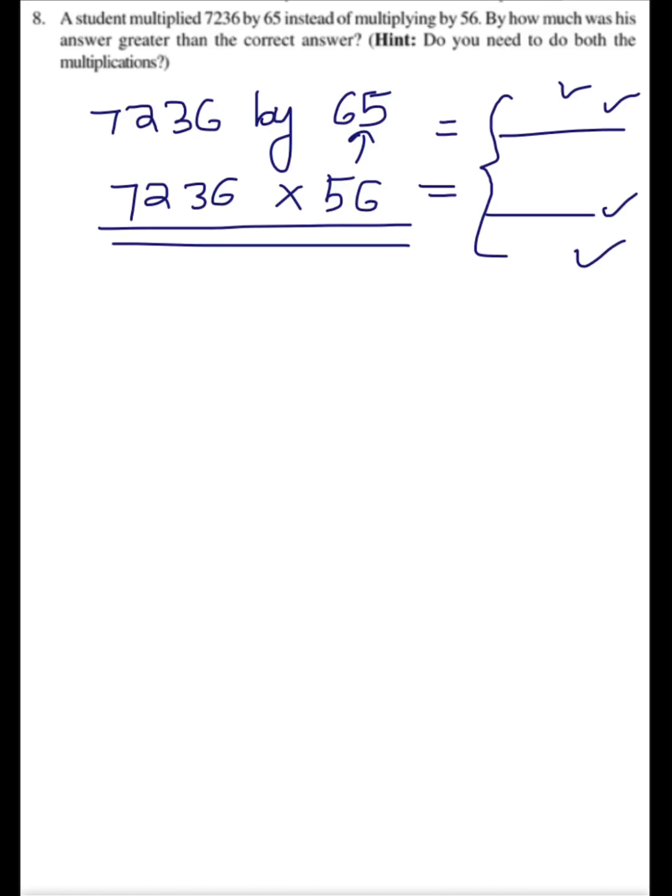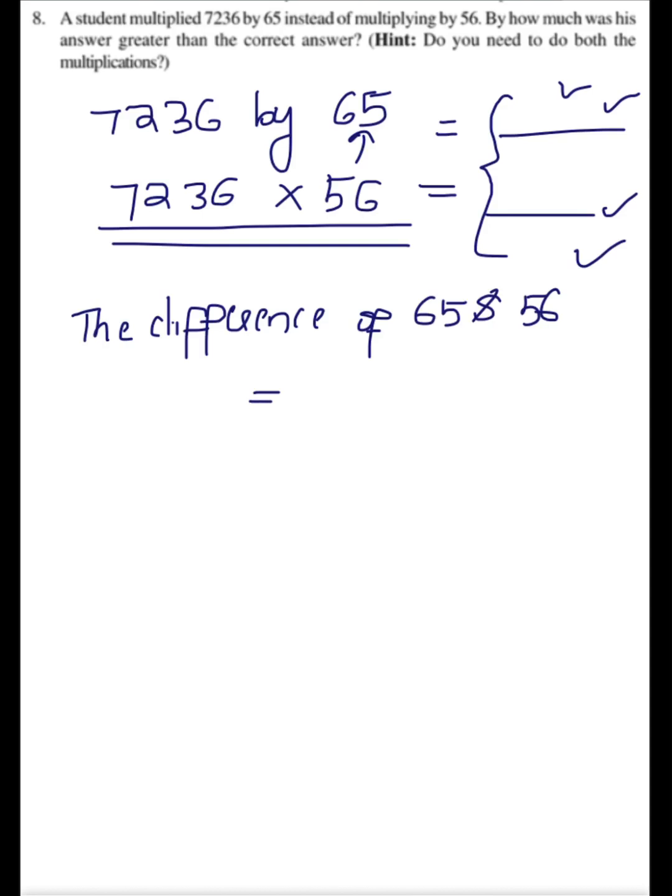That is, you have to take the difference between 65 and 56. What is the difference of 65 and 56? How will you take the difference? You need to just subtract this, 65 minus 56, and you will see the difference is 9. Okay, and now what you can do, you need to just multiply this number